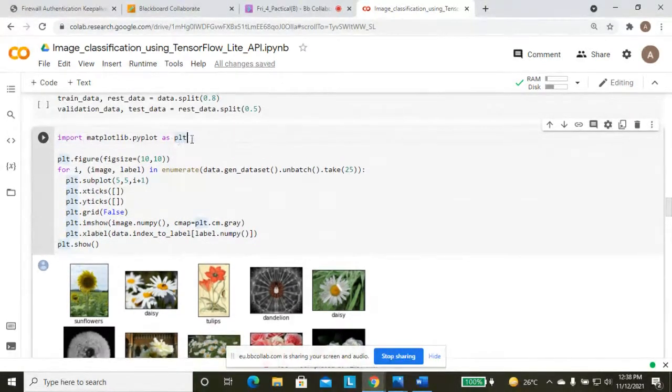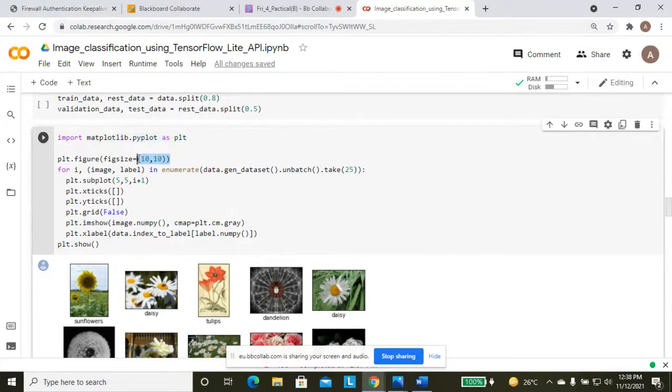Then afterwards we import matplotlib. What is matplotlib? We already know plotting: to make different types of plots, either line plot, subplot, bar plot, pie plot, or histogram, we have to work with matplotlib. It is a library in Python, so that is why we import this library.